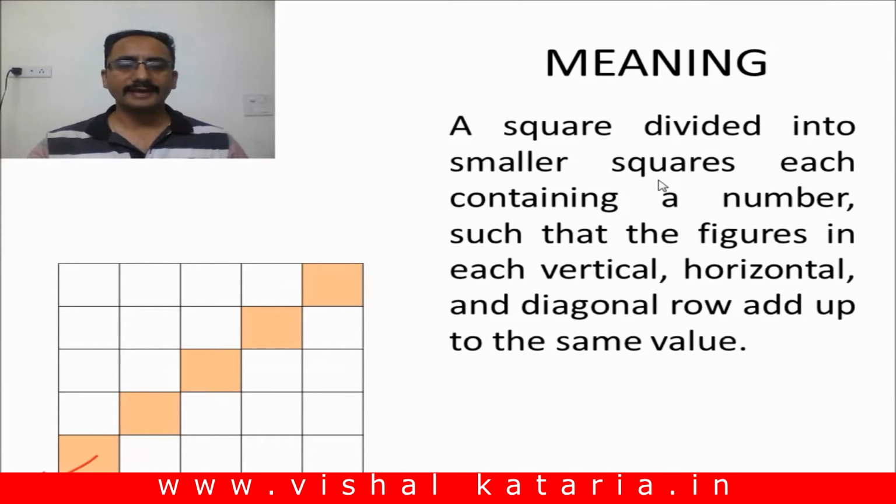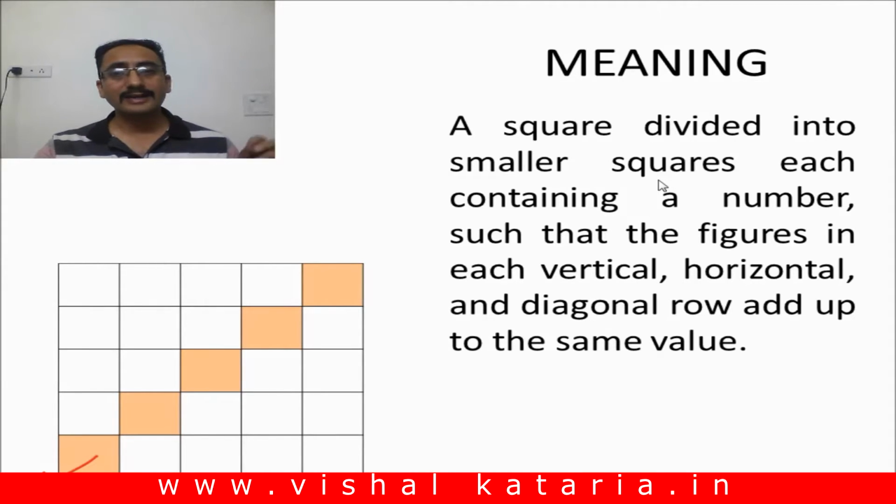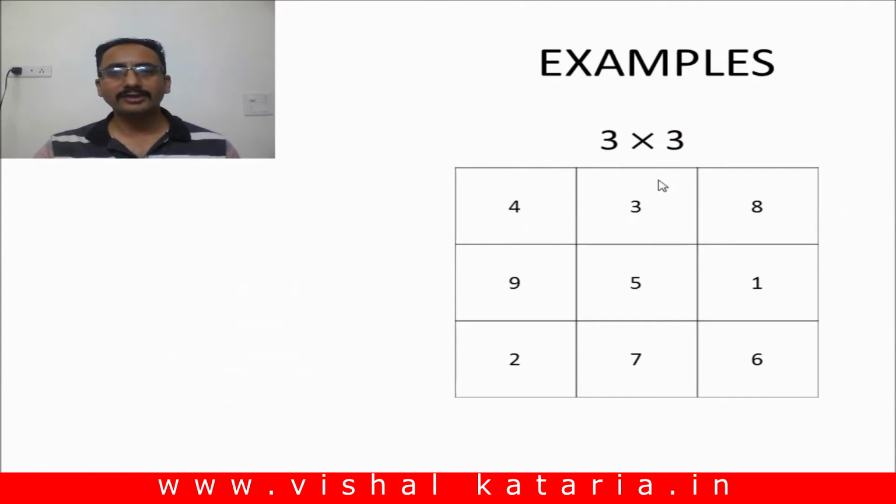Let's start with the example. We will start with a 3 by 3 magic square. 3 by 3 means there are a total of 9 smaller squares, and I write numbers from 1 to 9 in such a way that the sum of numbers written in each row is the same. The first row numbers are 4, 3 and 8, and the sum is 8 plus 4, 12, and 3 is